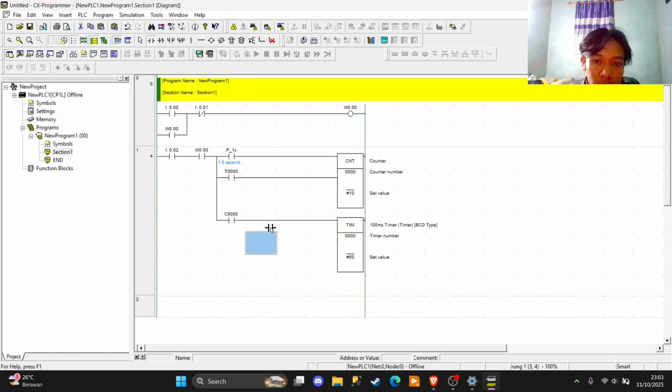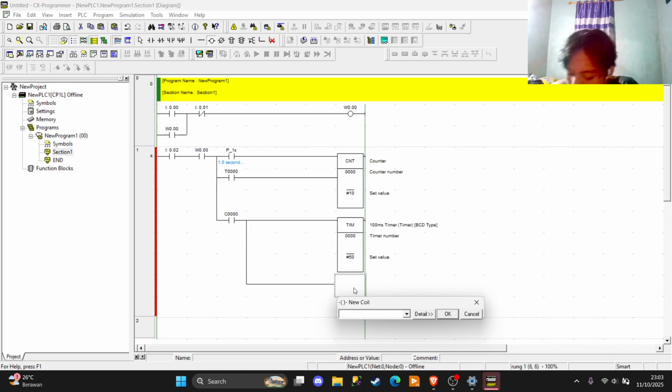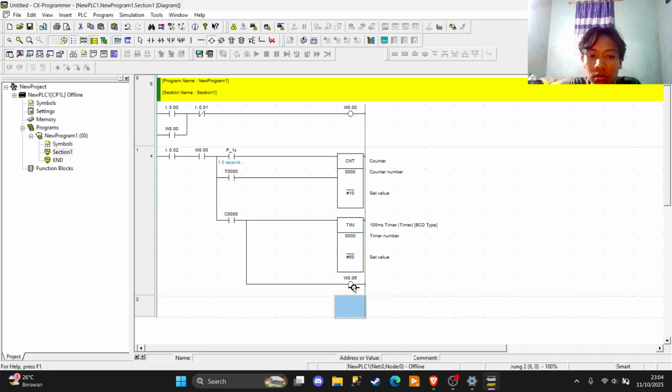Okay, and then we put the output in here with the address 006.